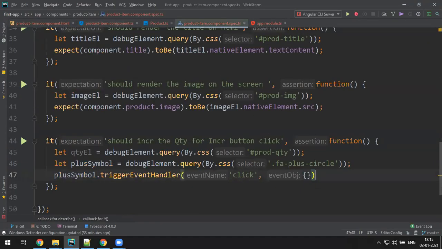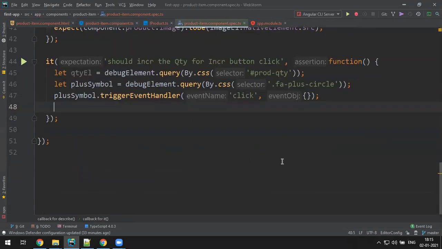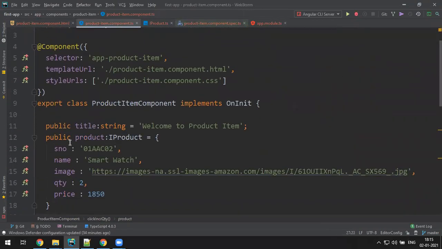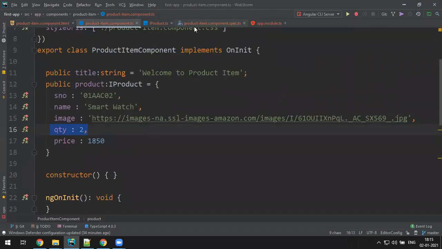This empty object. Then what we have to do is, once you apply the click events, the quantity and the product quantity should match. The quantity element amount, I mean the number, and the TS file quantity should match.